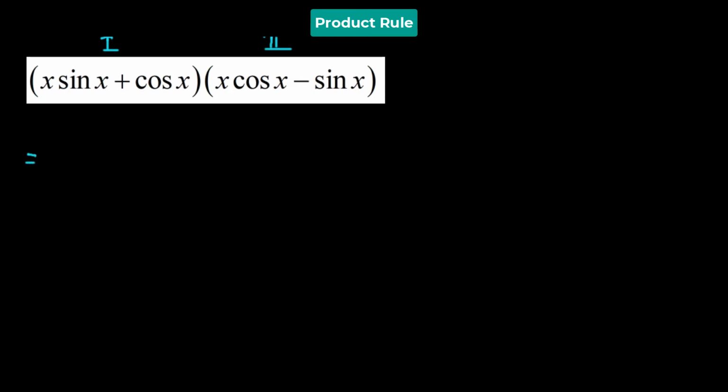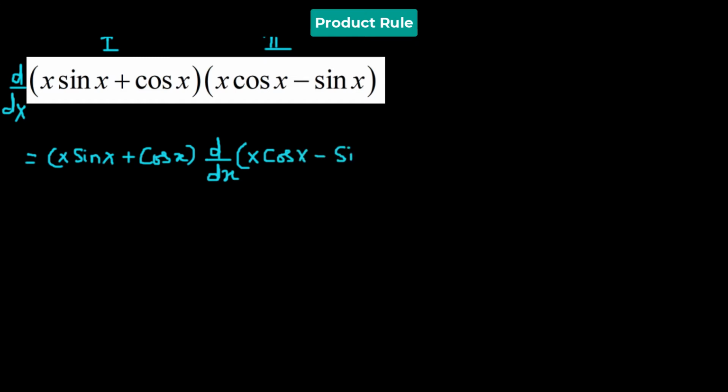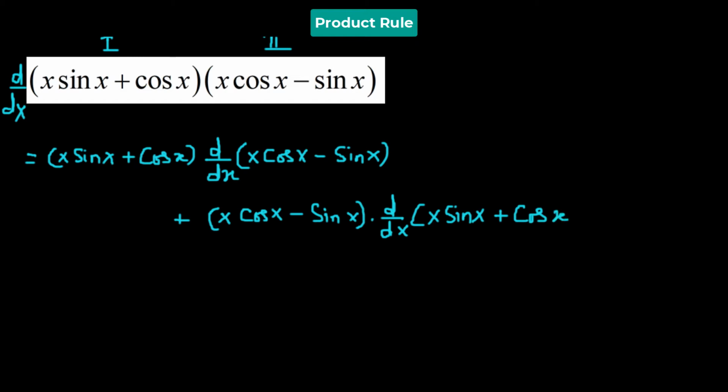So the derivative of this given function will be x sine of x plus cosine of x multiplied to the derivative of the second function, which is x cosine of x minus sine of x, plus consider the second function x cosine of x minus sine of x and multiply it to the derivative of the first function, which is x sine x plus cosine of x, which will give us x sine of x plus cosine of x